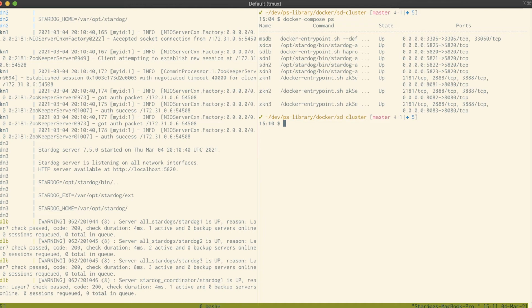Okay? All right, so next I'm going to create a virtual graph on my Stardog cluster, and I'm also going to create one on my cache node, because of course we want to cache that virtual graph. So the command looks pretty much the same, it's just where are you sending it, okay? So first one, I'm going to do virtual,